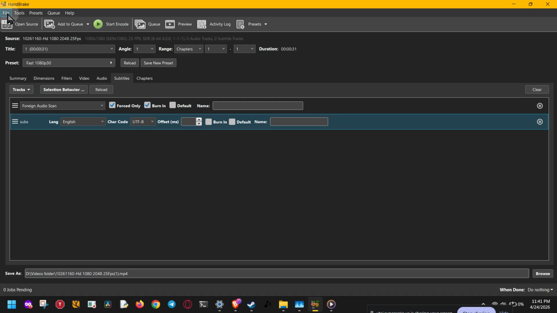before importing it. Once your subtitle track is in place, find the burn-in option next to that track and check the box. This is the most important step because burning in subtitles means they become part of the actual video image. Unlike soft subtitles, these subtitles will always appear on the screen during playback, no matter what device or app